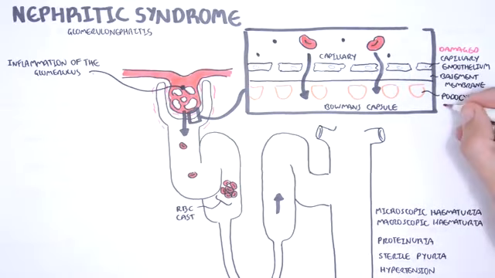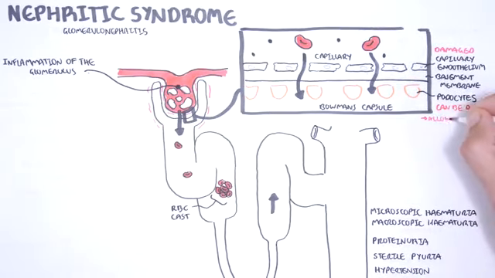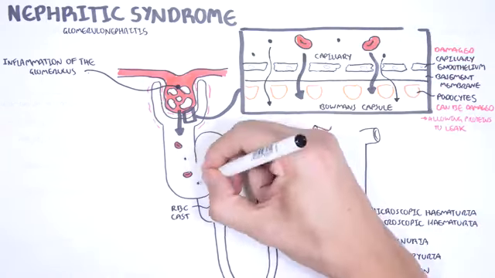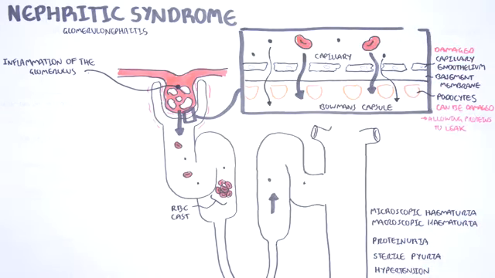The damaged podocytes, which normally prevent proteins from leaking, cause proteinuria, typically less than 3.5 grams in 24 hours. Due to inflammation in the glomerulus, white blood cells such as neutrophils are usually recruited to the area and can also leak through the capillaries, causing pyuria, which is sterile because there is no infection. It's sterile pyuria. The inflammation that occurs in the glomerulus reduces the glomerular filtration rate, reducing fluid passing through, causing